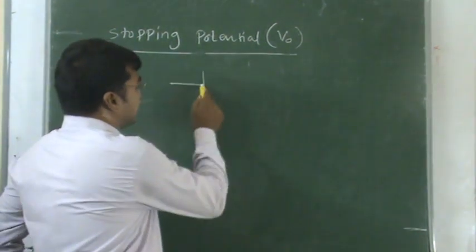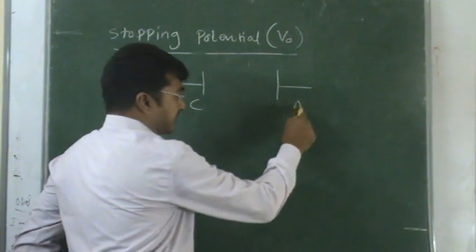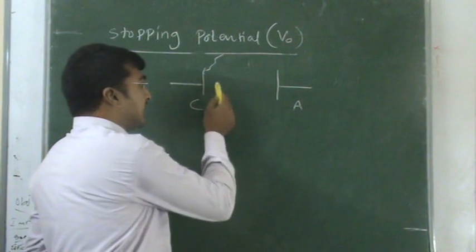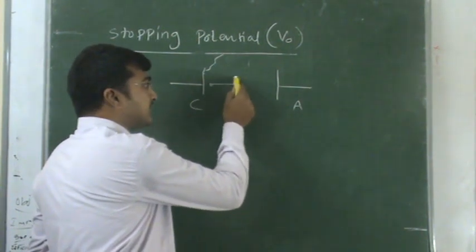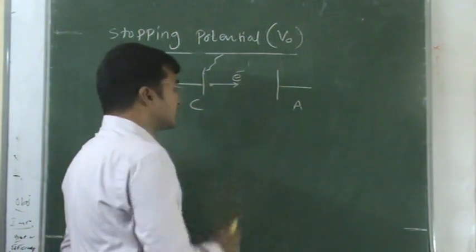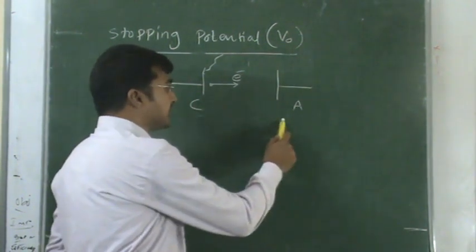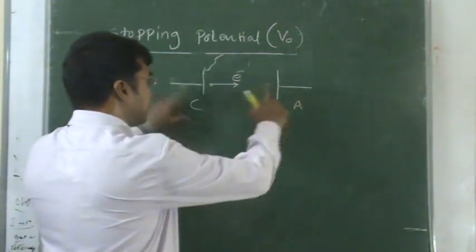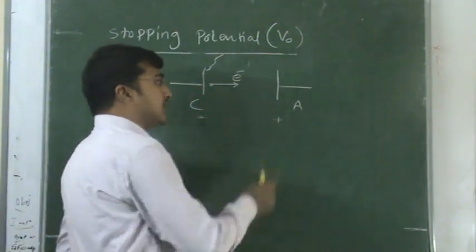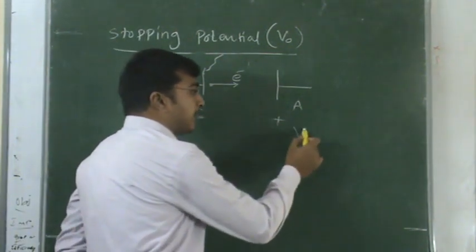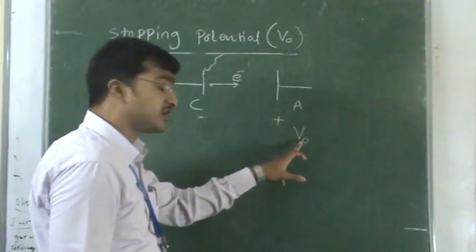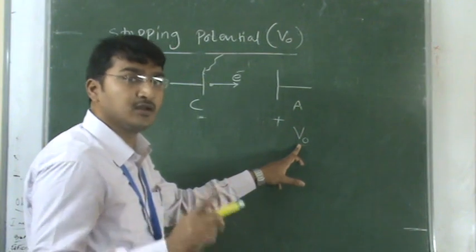So as I said, it's a cathode, it's an anode. Just I am giving an example. When I am giving some amount of light energy, the electrons are ejecting from the cathode plate. The electrons are accelerating between the cathode and anode. So there is a potential difference between them. Let us assume that a particular negative potential is applied to the anode plate, that is V0. What we call here V0 is the stopping potential.